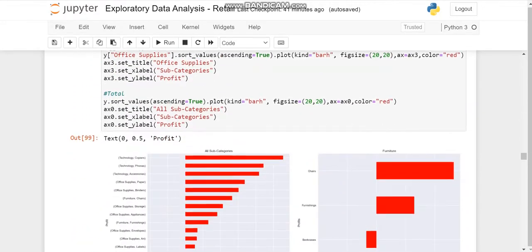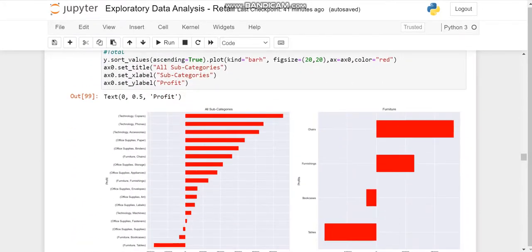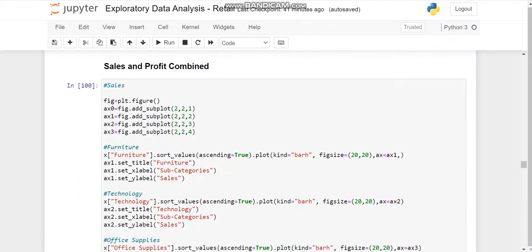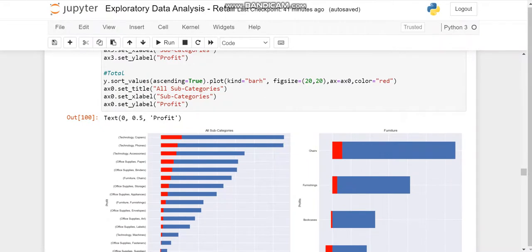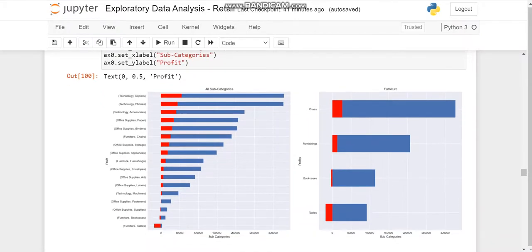Then we'll plot the profits for every section, and we can find that copiers, phones and accessories provide us with the most profit. Then combining both the sales and profit, we can observe that copiers, phones and accessories are again the ones which provide us with most sales and profits.